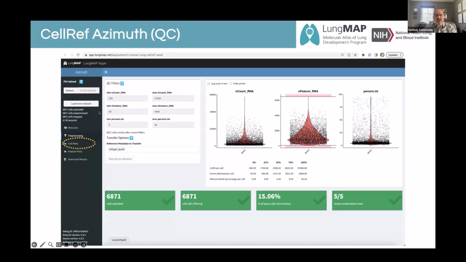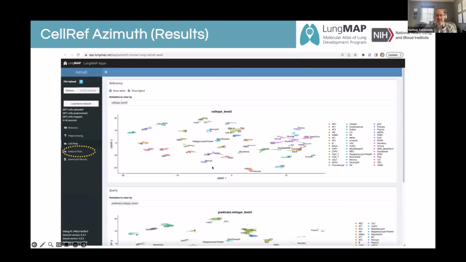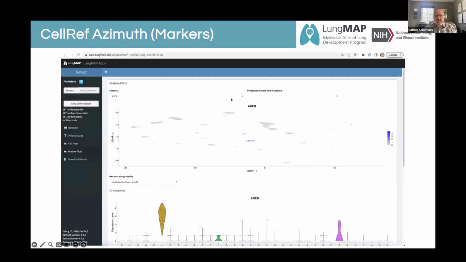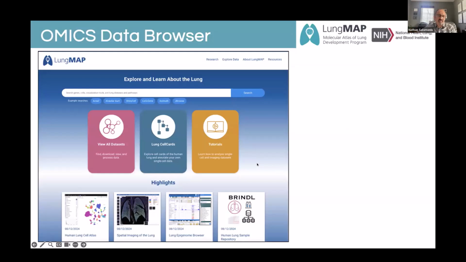After loading your own single-cell RNA-seq, in this case an .h5 file from 10x Genomics, which is the typical format, you can adjust these quality control parameters. You can select different annotation levels to align to. Once you align your data, you'll get these plots showing the distribution of your cells versus those in the reference atlas. You'll be able to view the expression of individual genes, for example at a violin plot level or a UMAP level, and explore individual markers within those data sets. You can explore the data at more granular levels.